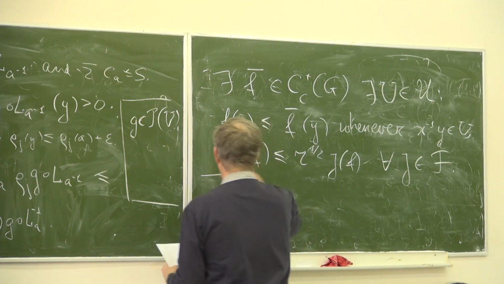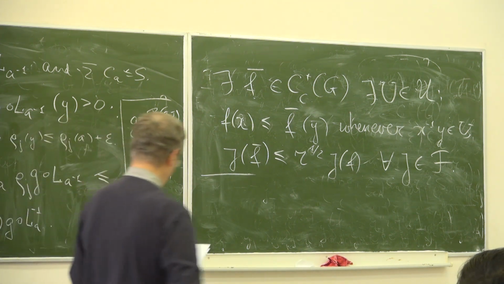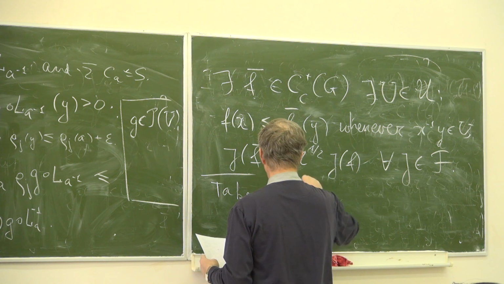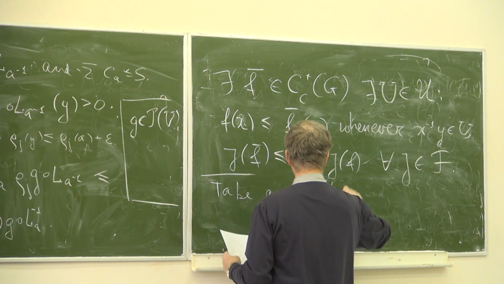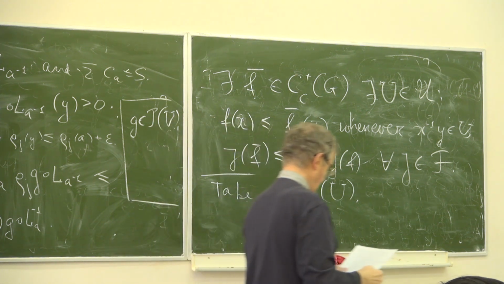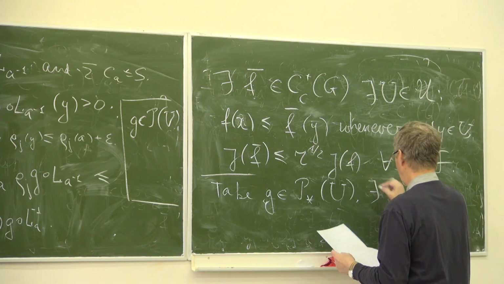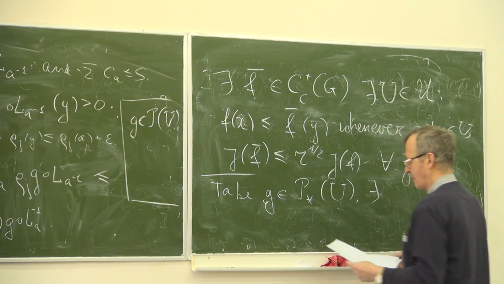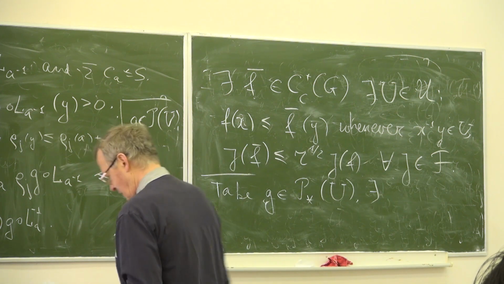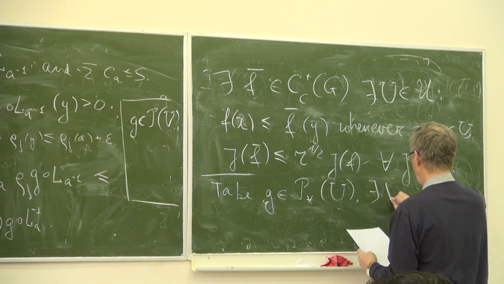And now, as it is prescribed, let's take a symmetric g in P of U. Take g in P star of U. Then, again, by Cantor type theorem, formally by some weaker version of that lemma 4, which I will have no time to prove today, there exists a neighborhood